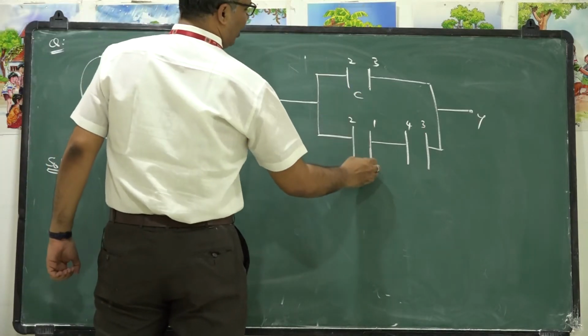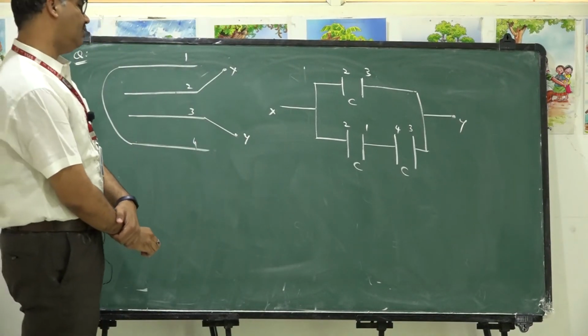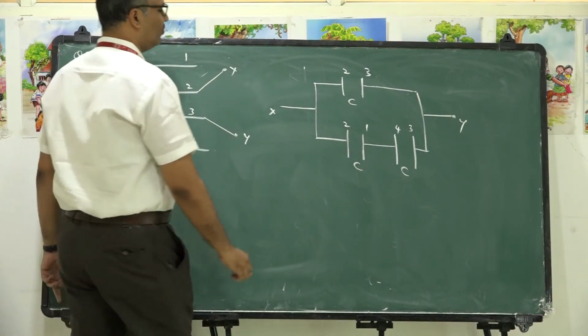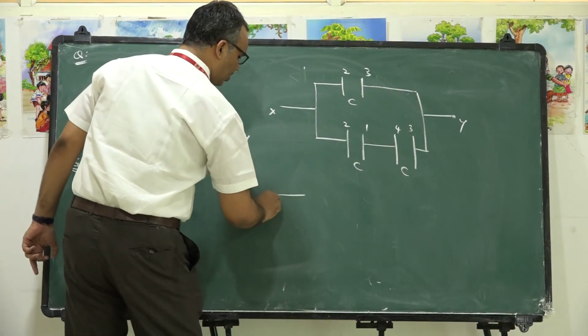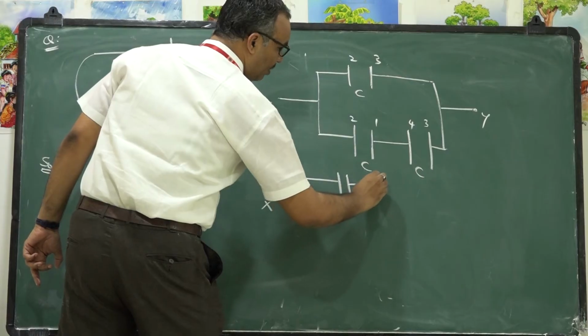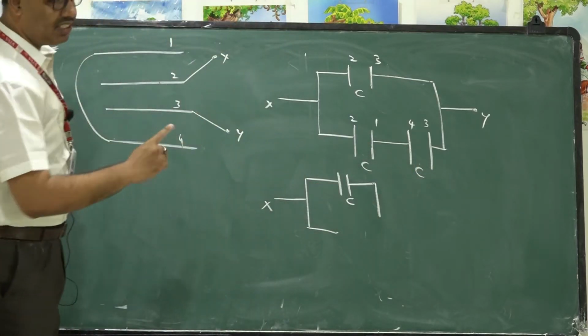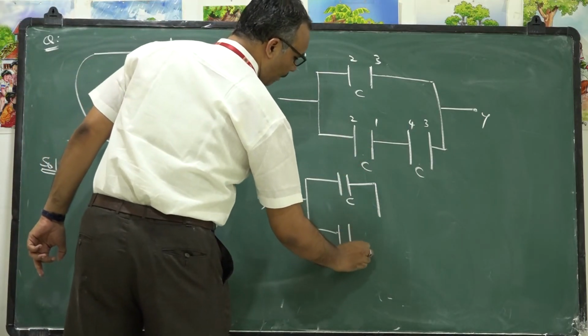All the 3 are having identical capacity C. Now I would like to find the effective capacitance. These 2 capacitors are in series. In series, C effective is given by C into C by C plus C. So terminal X will be like this. The upper capacitor C, it is having capacity like this. The combination can have a capacity C into C by C plus C. That is nothing but C square by 2C. You will get C by 2.